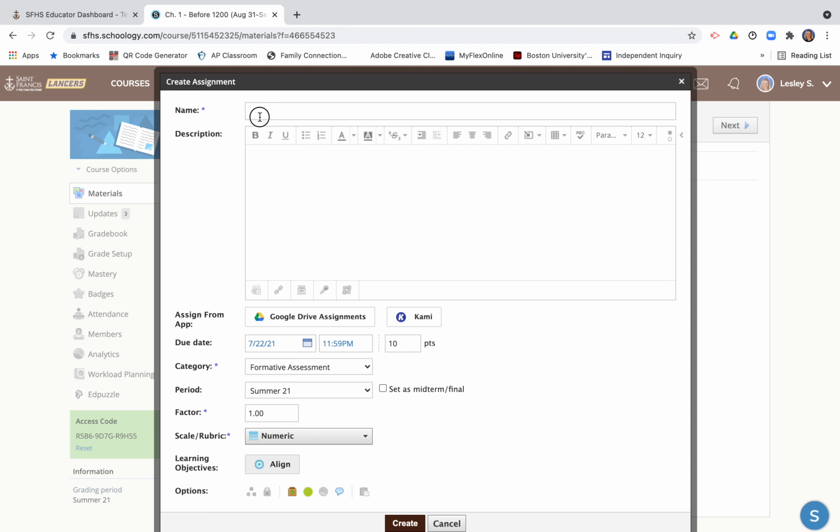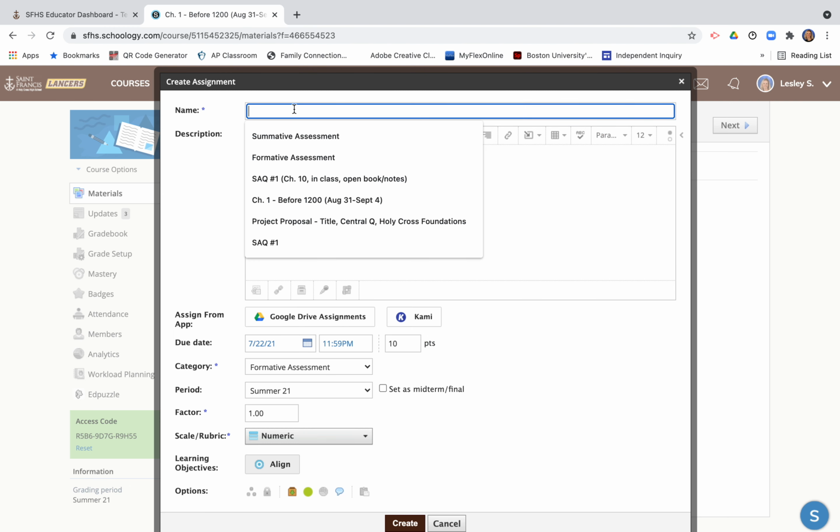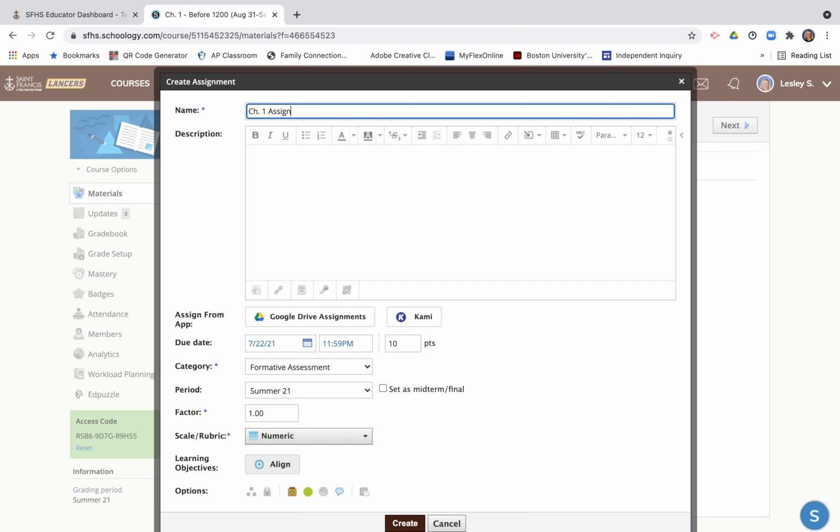Okay, so I'm going to have the absolute worst assignment names ever. We'll just call this Chapter 1 assignment. Here, you will want to put some kind of instructions, right? Maybe it's,